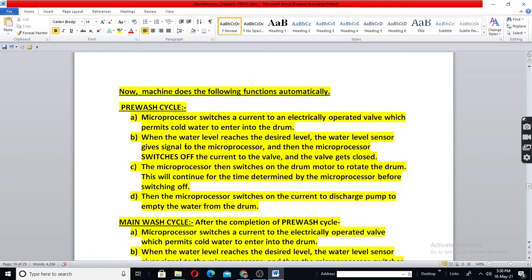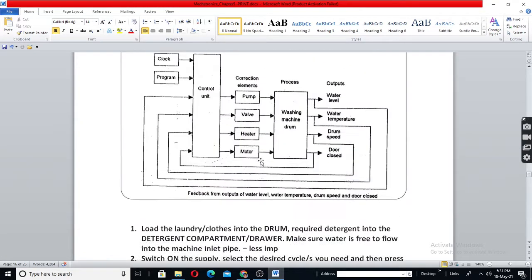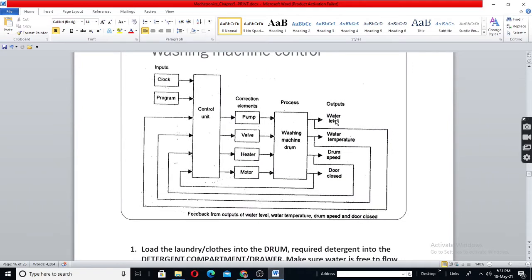As the water enters the drum, the water level increases. When it reaches the desired level, the water level sensor will give a signal to the microprocessor, which will switch off this valve. So here we have the water level sensor and valve.